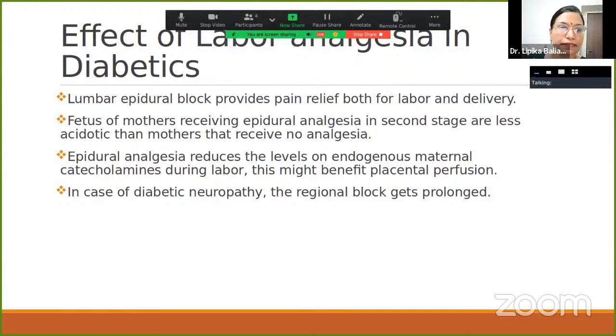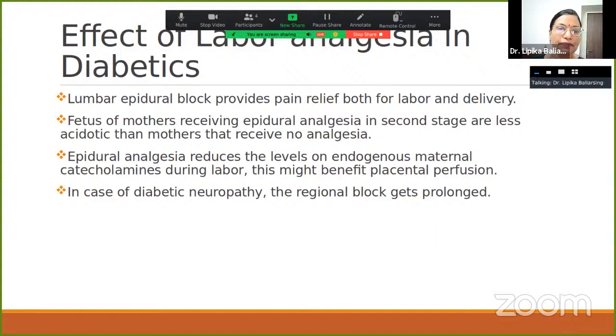And the effect of labor analgesia in diabetics: as we see, lumbar epidural block also provides pain relief both for labor and delivery. And it is seen that the fetus of mothers receiving epidural analgesia in the second stage are less acidotic than mothers that receive no analgesia. So that is a very big advantage. And it is seen that epidural analgesia reduces the levels of endogenous maternal catecholamines during labor, and this benefits the placental perfusion. So these 2 points really make it a very good technique for providing analgesia and anesthesia to these